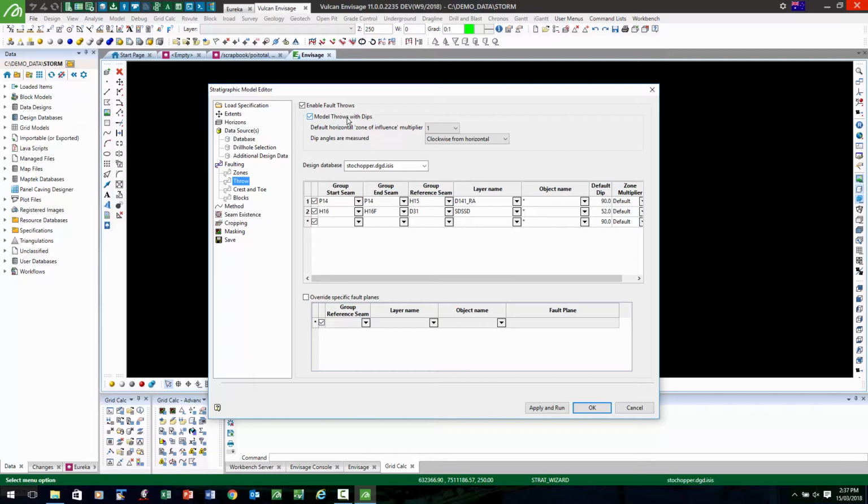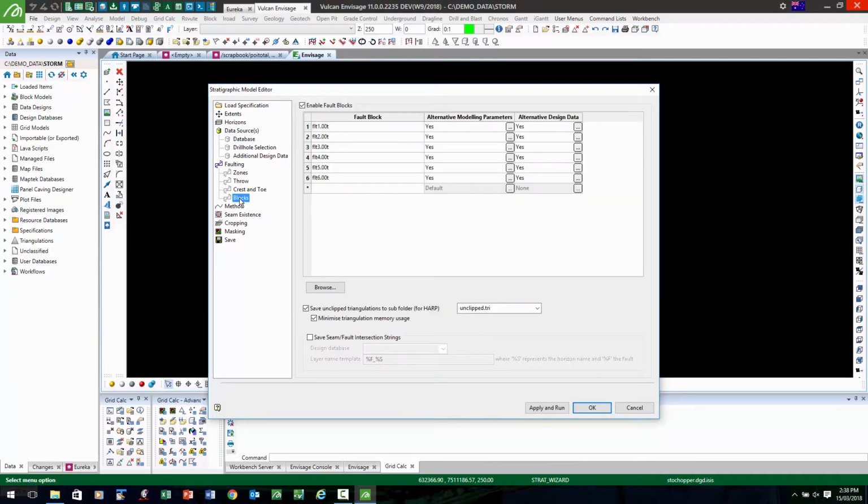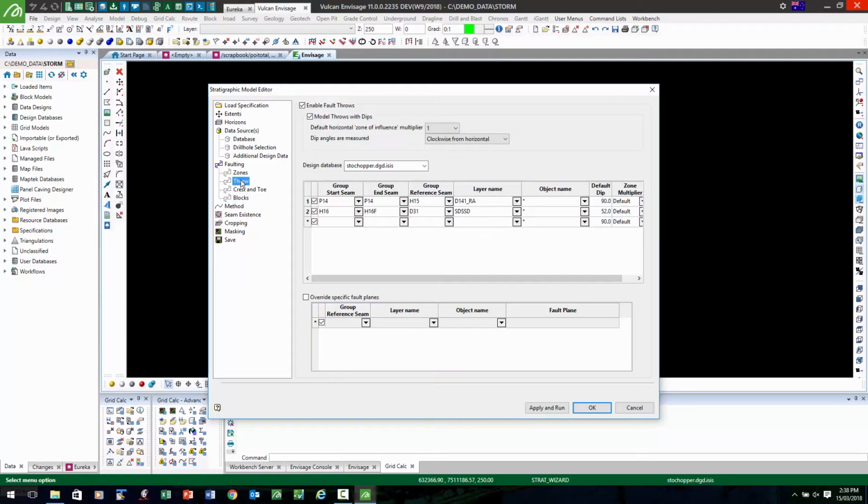Now, saying that is one thing, doing it is another, and what we've actually done is totally changed how this throw faulting works, in that behind the scenes it's actually doing block faulting. So all the hard work is done by Vulcan. All you do is set up the strings as you always have and fill in a few of the panels. In fact, the panel hasn't even changed, but behind the scenes it's all being done with block faulting, including using actual block faults. So the setup is nothing to really show you, but I'll give you a quick look at